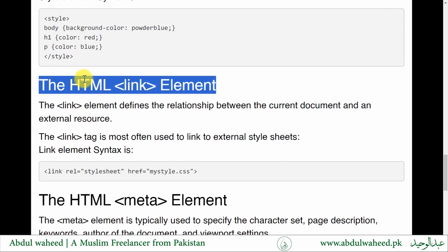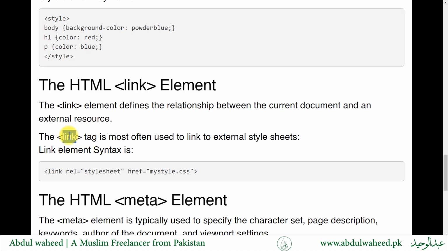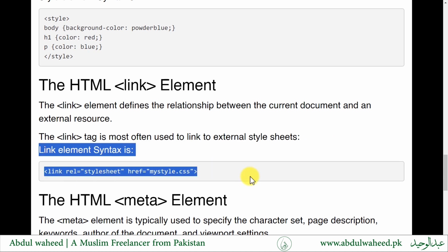HTML link element. The link element defines the relationship between the current document and an external resource. The link tag is most often used to link to external style sheets. Link element syntax is